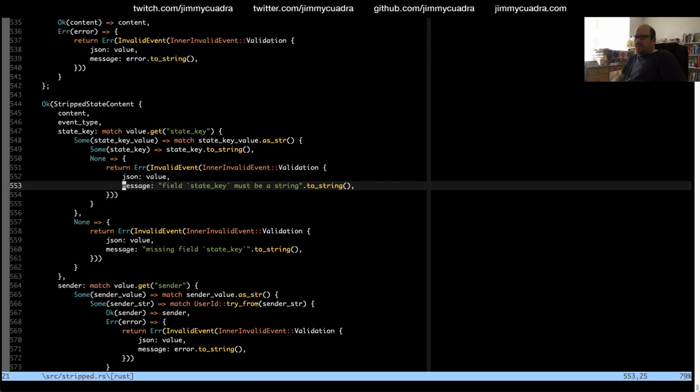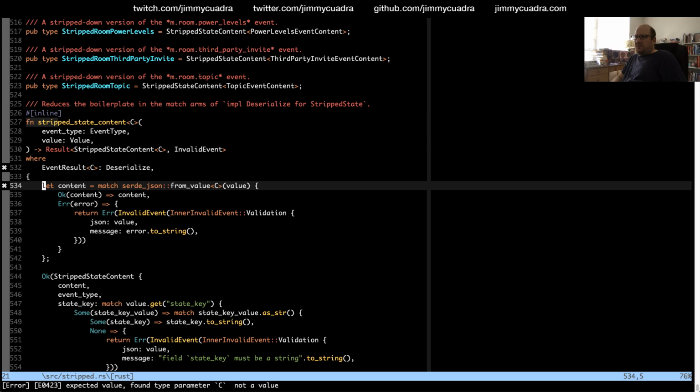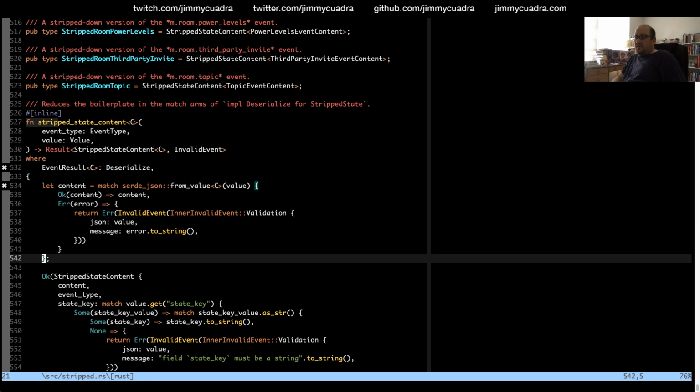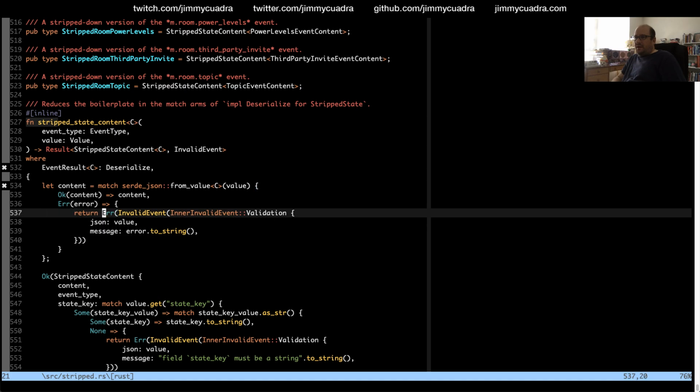So that's... Wait a minute. Huh. I feel like there might need to be some duplication here. But seems okay for now. So this needs to be an okay variant of event result, validation error, of error to string, and value.